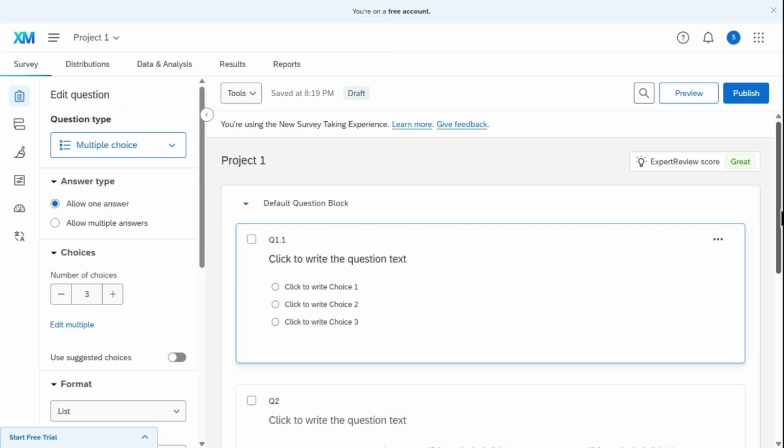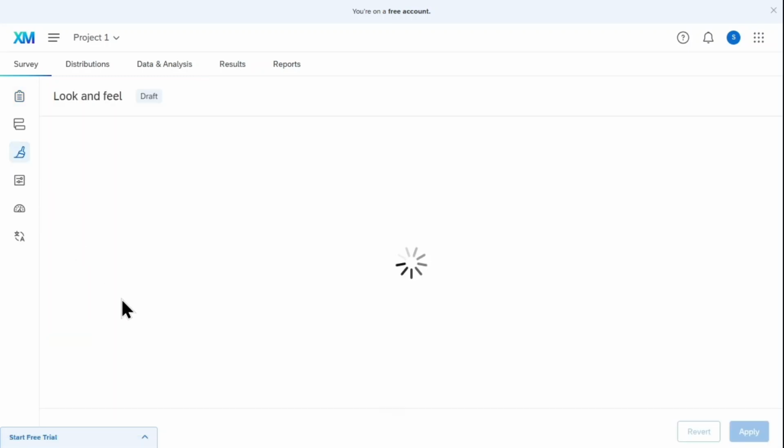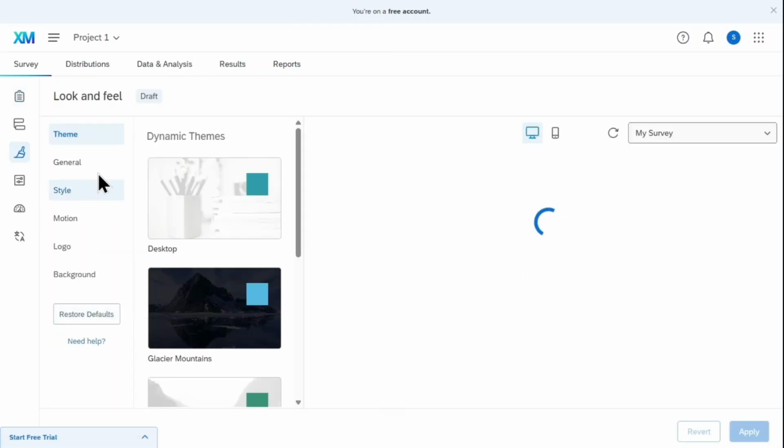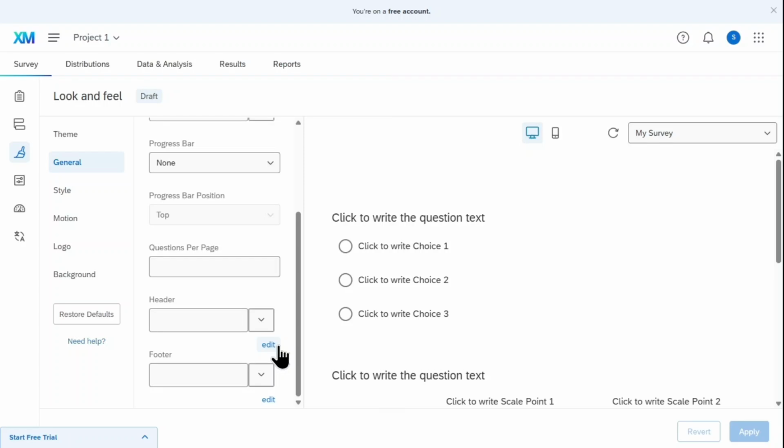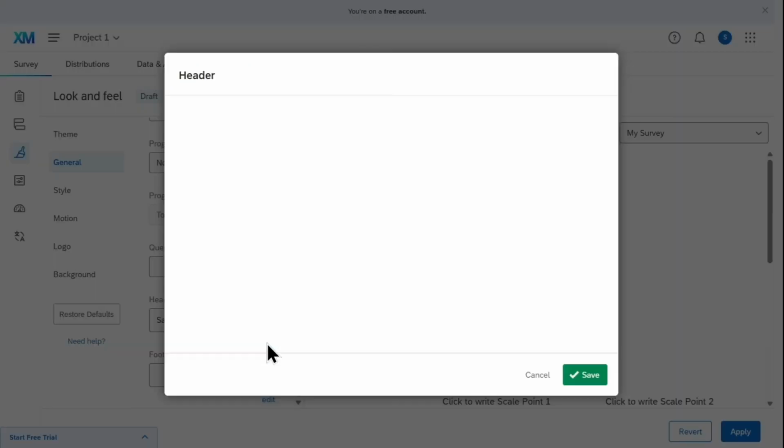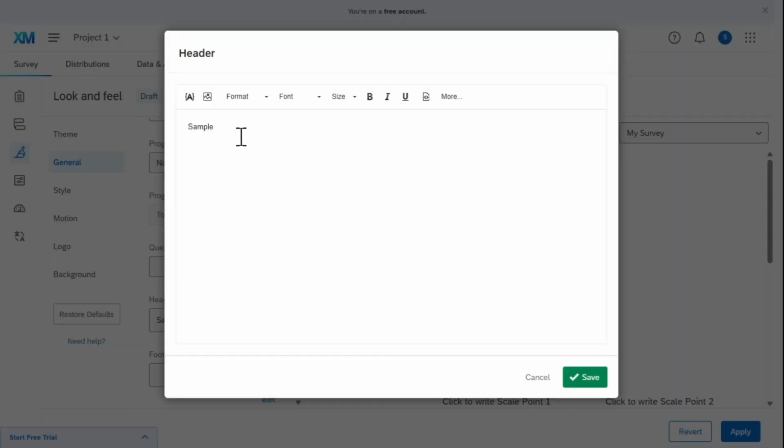Once you are inside, click on the Look and Feel tab on the left side panel, and then click on General. From here, scroll down until you see the header section, and click inside the text box to type out the header you want. If you want to customize it even further, click on the Edit button located right below